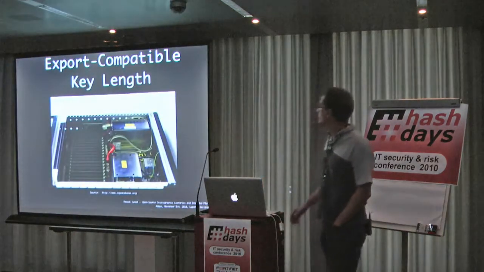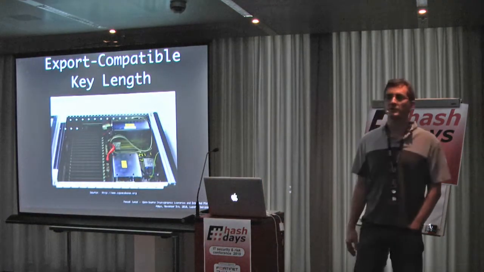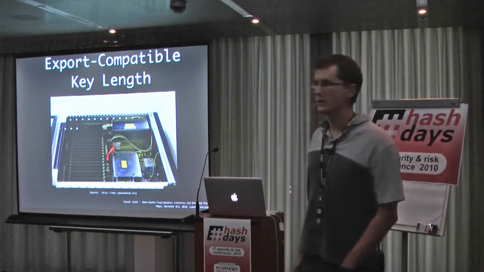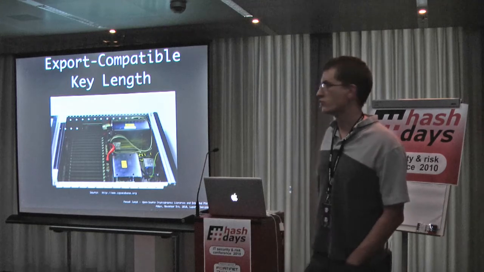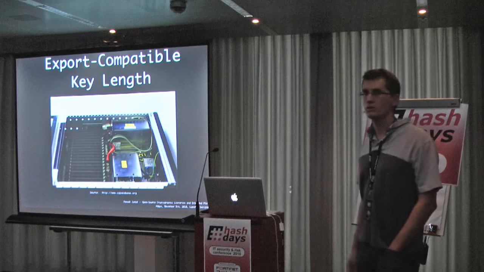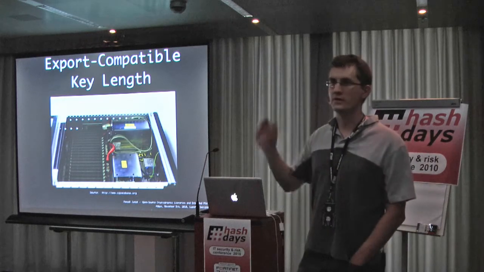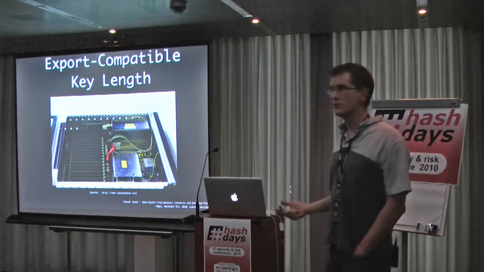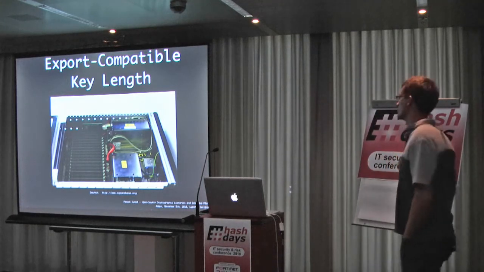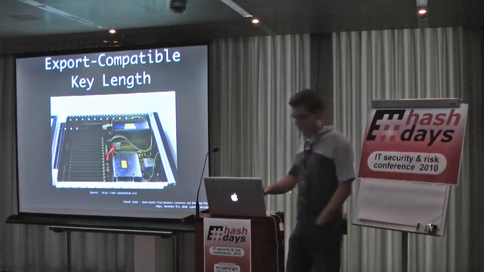And this example of machine, which is a Copacobana device, which can be bought for in the order of 10,000 euros, is able to break a 56-bit DES key on average in 4 or 5 days. So it just costs you 10,000 euros to break cryptography with key lengths which are much, much too small.